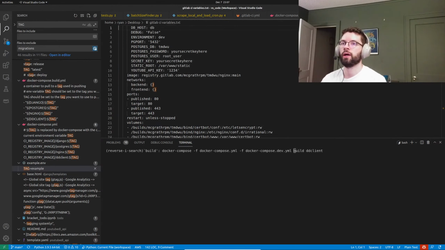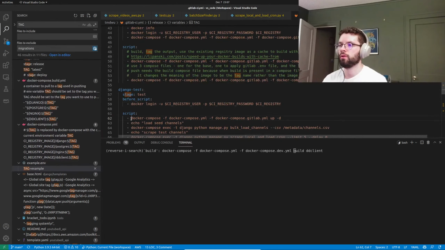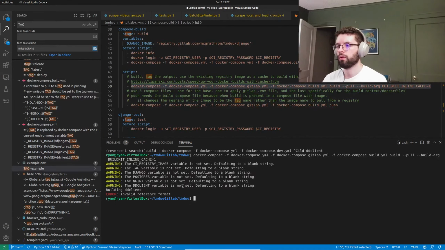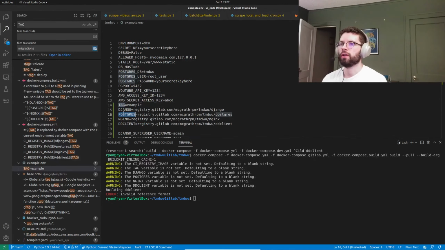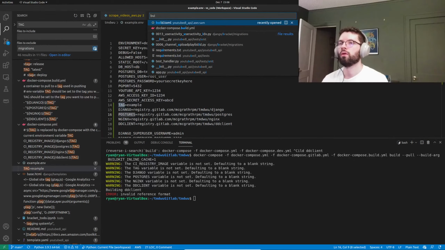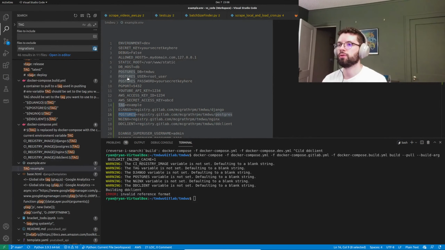So if I go to my GitLab and I copy the build command, Nginx not set, DD client not set. Django. Postgres, Django. So my example,